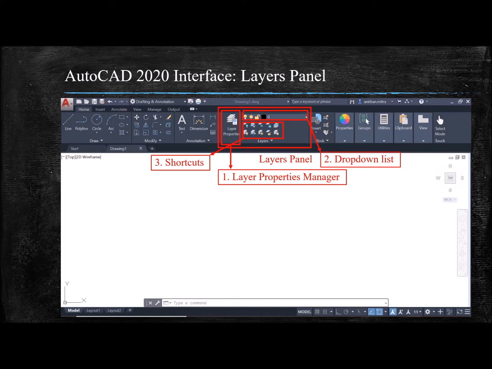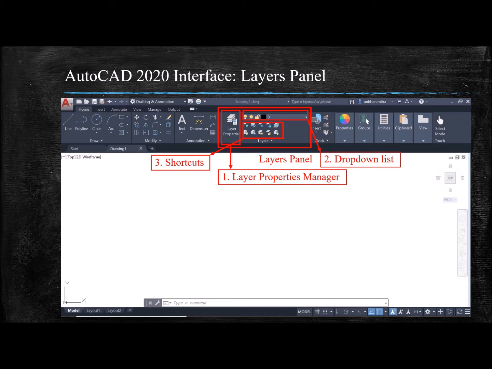However, out of all these three different areas, the most important one is the layer properties button, because it grants us access to the layer properties manager window where new layers can be created and properties can be associated with those created layers. Also, existing layers can be deleted from this window.